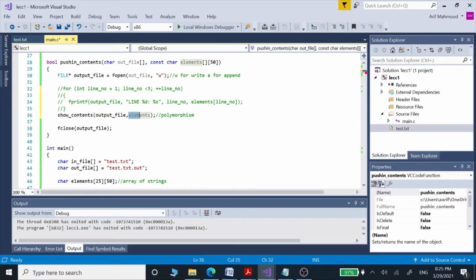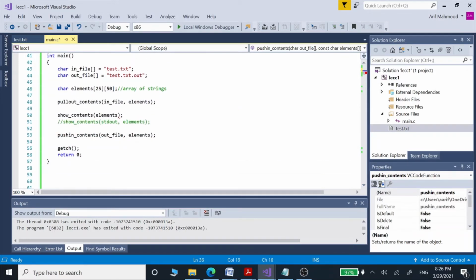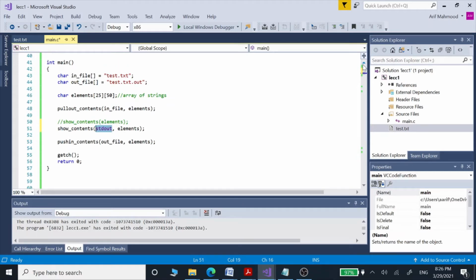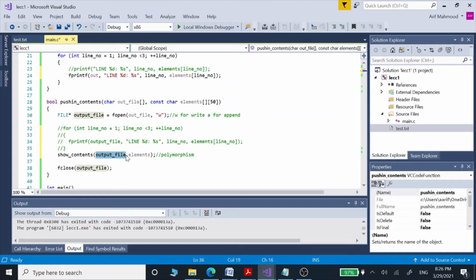So remember, this parameter is going to be same. This parameter is becoming different once we are going to call this function inside main program. Since we have changed this function, we can no longer call this function like this. We have to call this function like this. Now remember, this parameter is same, this argument is actually same, but this argument is changing. Std out we are calling here using the same function. And here what we are giving it, we are giving the first argument as our output file. So this is the way it is going to be.